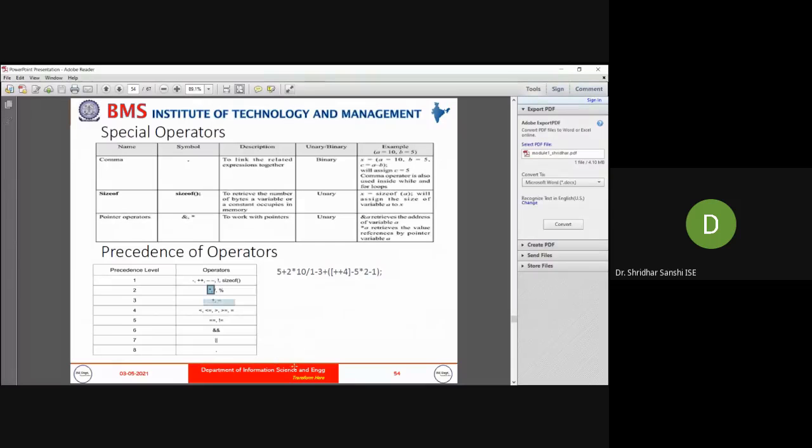So next is subtraction. Like that, we have precedence of operators. This is with respect to your operators.